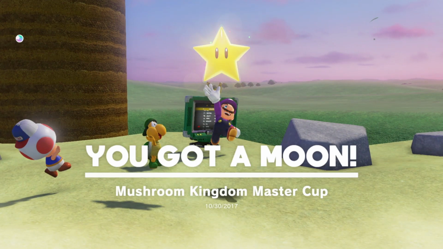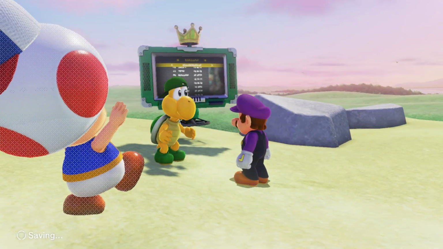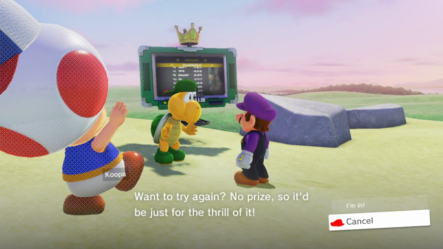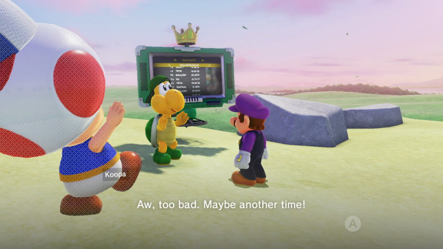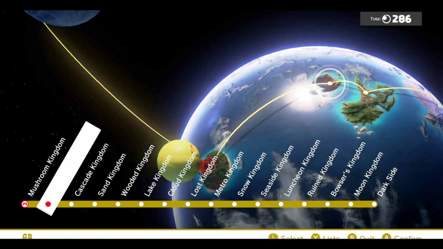Do that and you'll get a star/moon, and all these tips will help you win both the regular and the master cup, because obviously in order to win the master cup you just have to do the regular cup but faster. So make your way back up to the Odyssey and get ready to go to your next kingdom,